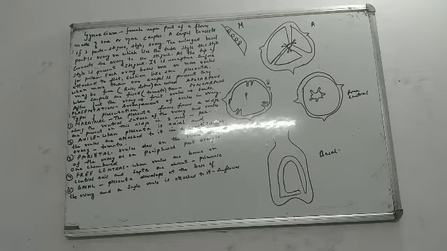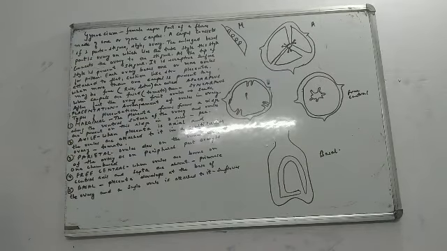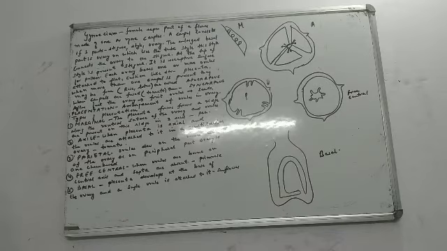In this very small video, we will be talking about gynoecium. See beta, gynoecium is the female reproductive part of the flower. Like we did, androecium is the male reproductive part of the flower, and calyx and corolla are accessory organs. When we did the four whorls, calyx, corolla, androecium, gynoecium, we said calyx and corolla are accessory organs, but androecium and gynoecium are the reproductive organs. Androecium was the male reproductive part and gynoecium is the female reproductive part of the flower.